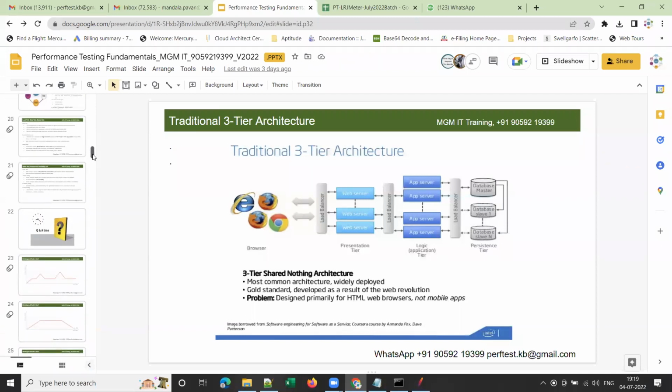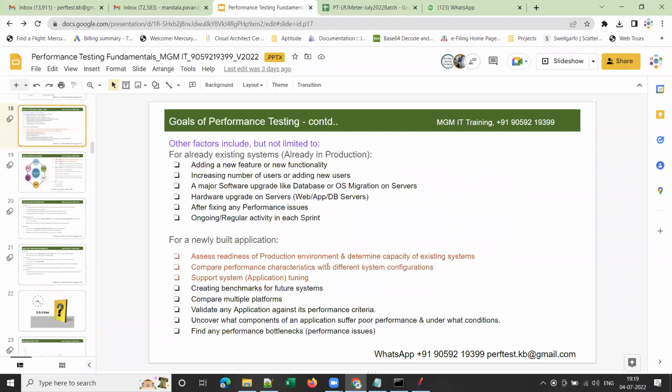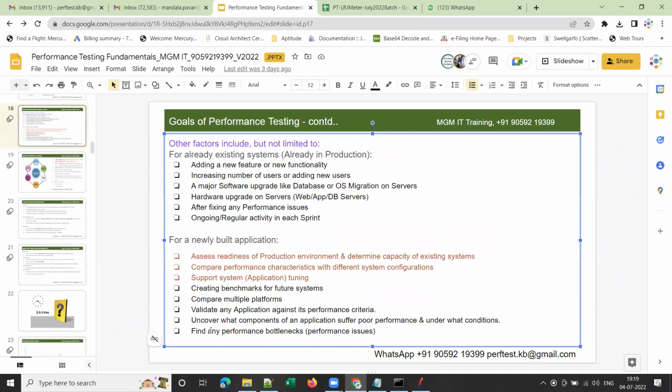Is it clear now? Yes, yes, clear. Yes, sir. Clear, sir. And find any performance bottlenecks or performance issues. See, so